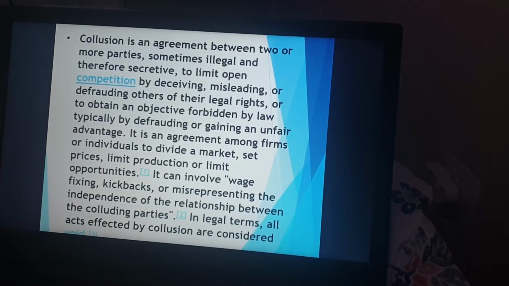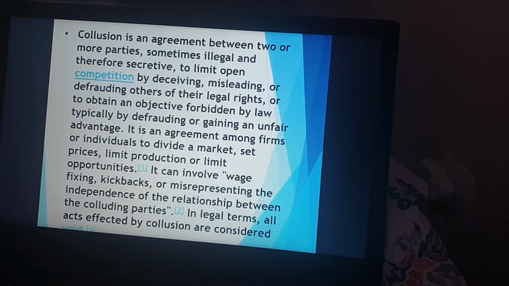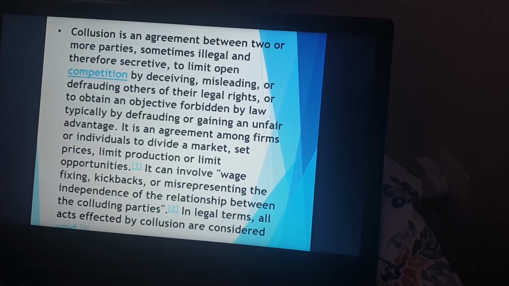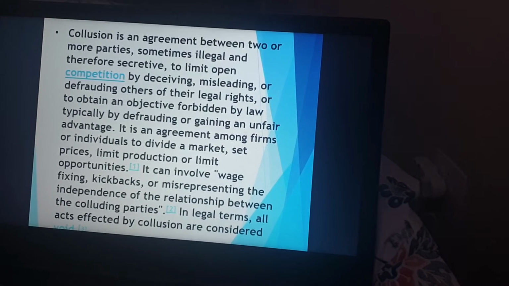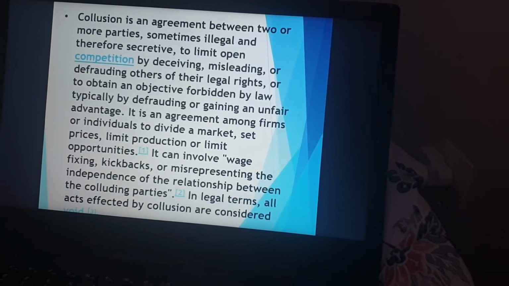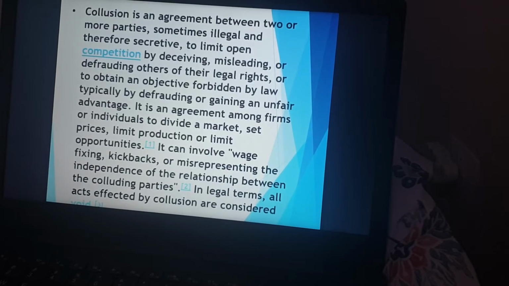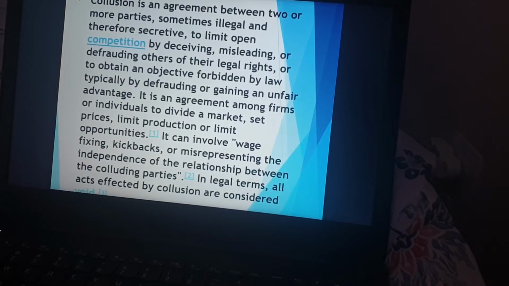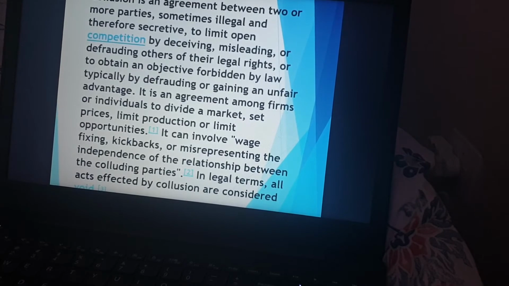Collusion is an agreement between two or more parties, sometimes illegal and therefore secretive, to limit open competition by deceiving, misleading, or defrauding others of their legal rights, or to obtain an objective forbidden by law, typically by defrauding or gaining an unfair advantage. It is an agreement among firms or individuals to divide a market, set prices, limit production,